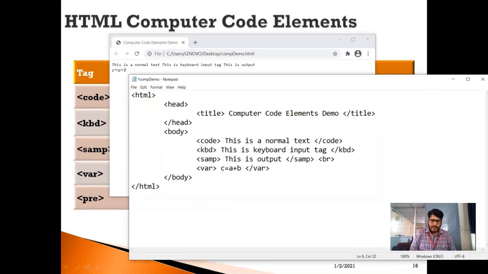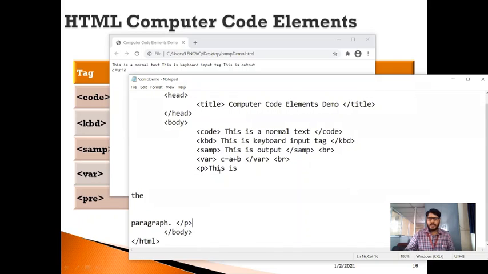Now let me break this line by including a BR tag. What happens if I include a paragraph tag? After this, look at what I will do. I will press enter twice here, then press some enter again, and write a paragraph here. After this I will close this paragraph tag.